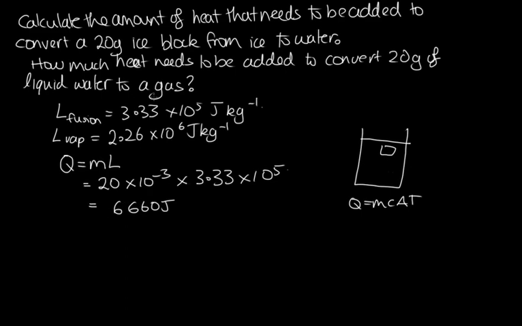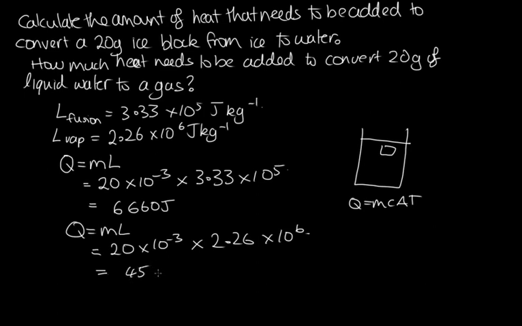Now, to calculate how much heat we need to add to cause the water to turn into gas, we use Q is equal to mL, but we're now using the latent heat of vaporization. So once again, the mass is 20 times 10 to the minus 3 kilograms, and then we use the 2.26 times 10 to the 6, and solving this, we get 45,200